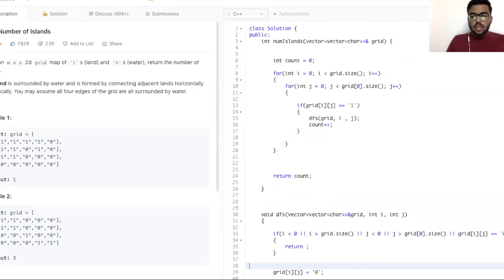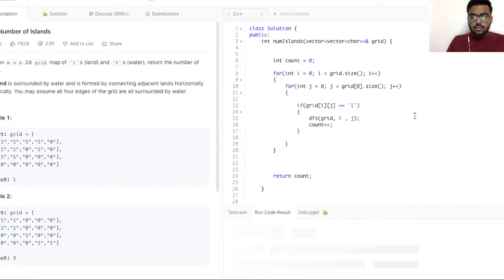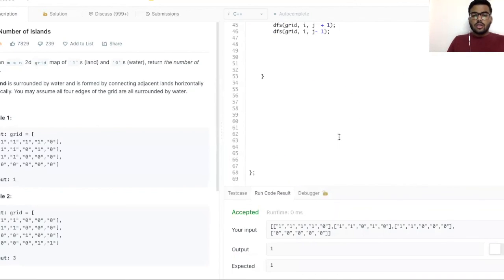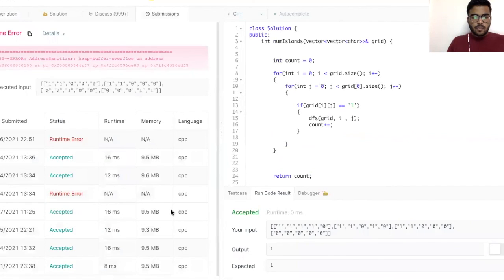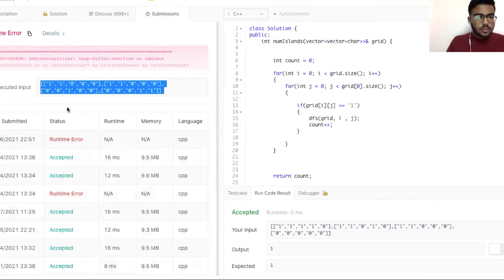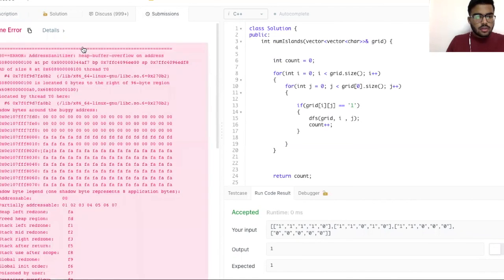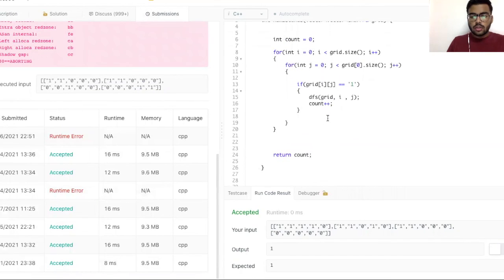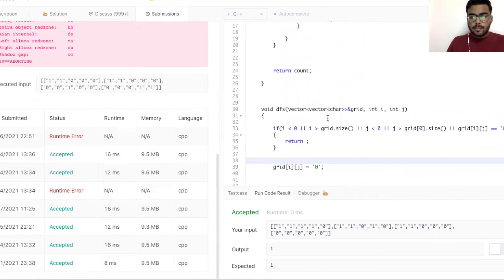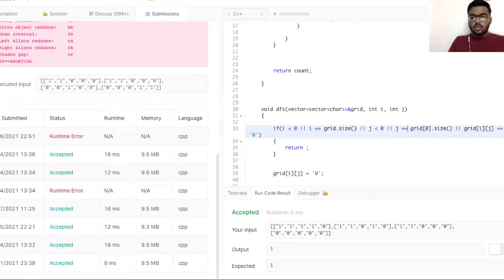So let's run the code. Yeah, that works. So let's submit it once. Okay, address heap overflow. Where are we making a mistake? Okay, it can't be greater than, it should be greater than or equal to.